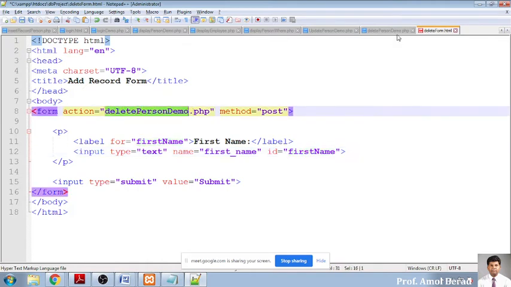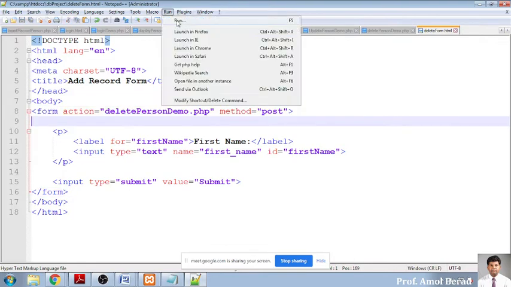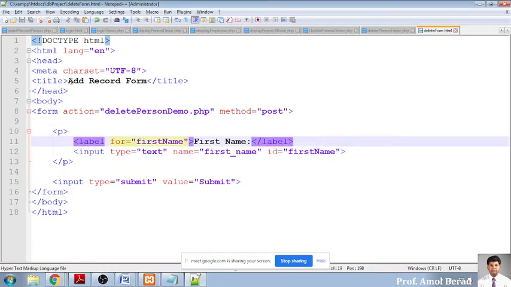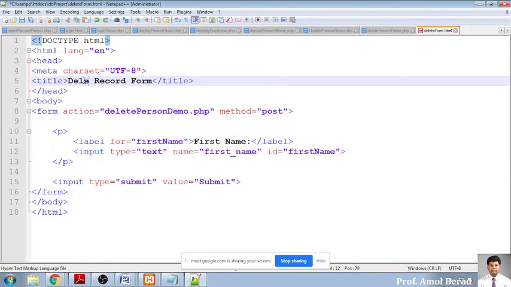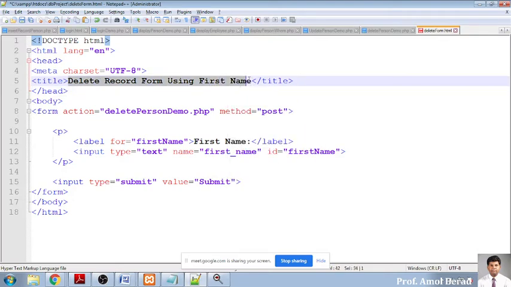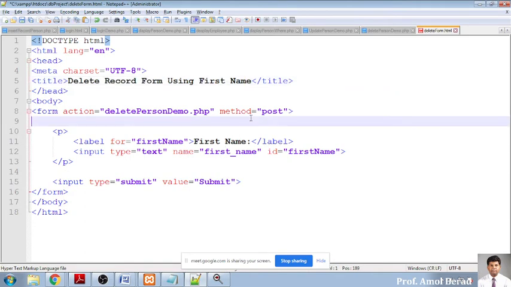So delete PHP. Now see, when I open this in Chrome, you will find, one second, delete record form using first name. Only the first name is entered, and whatever record has that first name will be deleted. So whatever first name you enter should be deleted. So when I open it into my